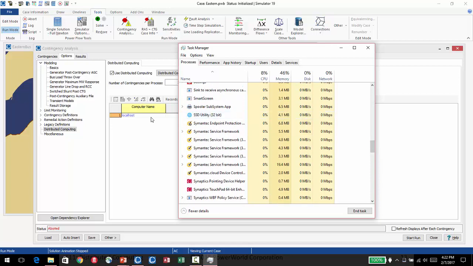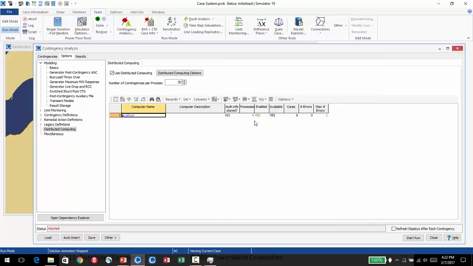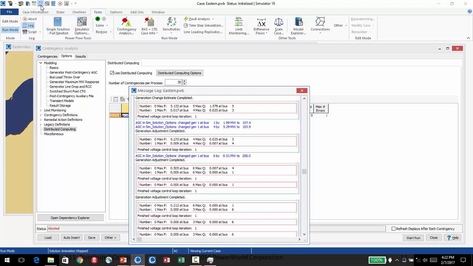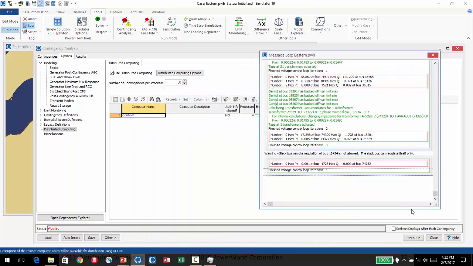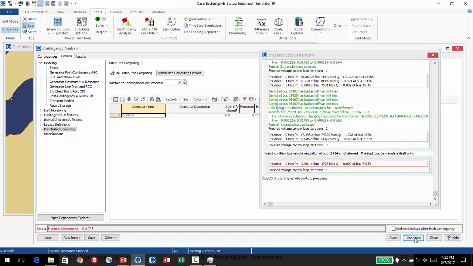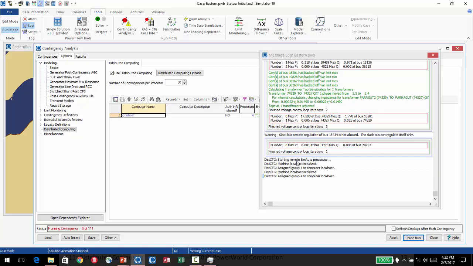But when I start this distributed computing process, then I'll see instances for each of those 4 processes that are being done in the background. And the message log will also give me some indication of what's going on too. So I'll open the message log here, and we'll just scroll to the bottom. And then if I click Start Run, it explains that it's using the distributed contingency analysis, and it's initializing these